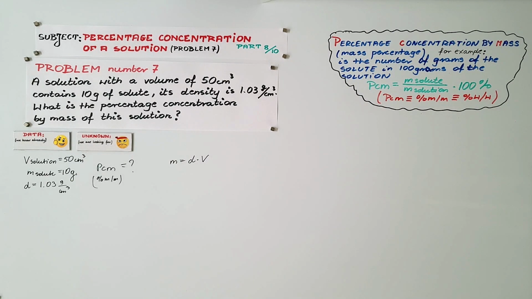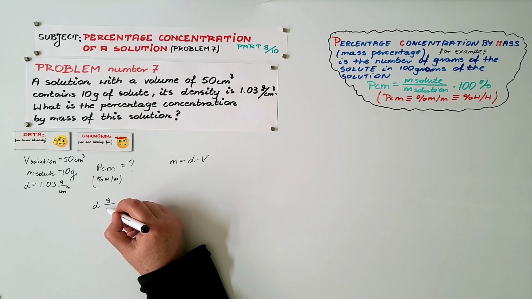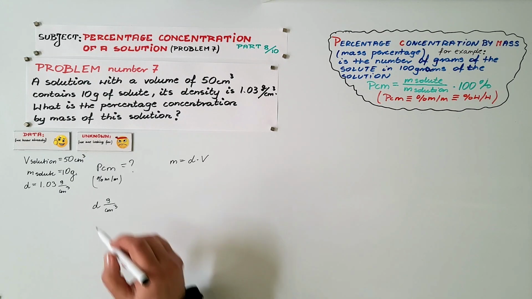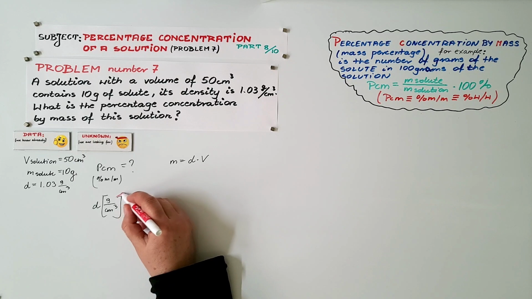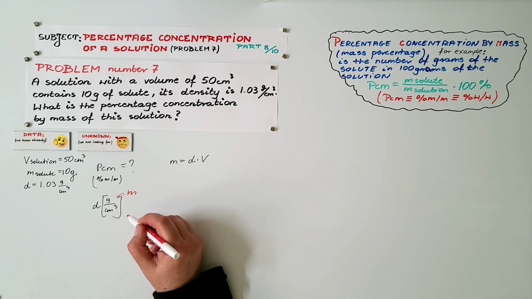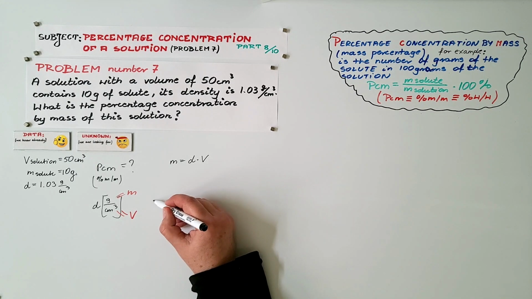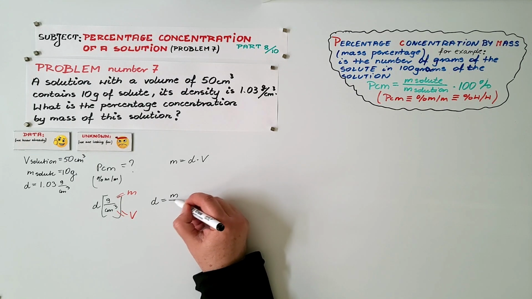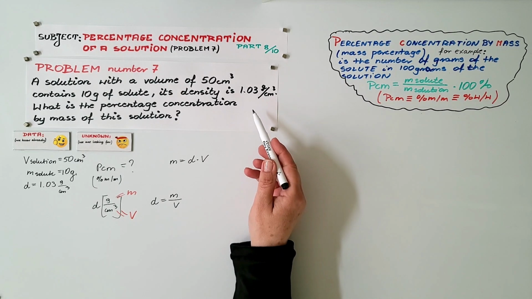How not to forget this pattern? We don't have to remember it. Just look at the density unit. D is grams per cubic centimeter. Gram, so mass. Cubic centimeter, so volume. Therefore, D equals M per V. So when you look at the unit of density and it's given in the problem, you